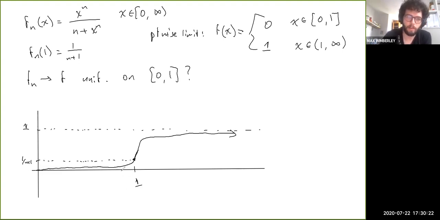But the fact that even at x equals 1, this value is approaching 0 means that, well, I guess it's not trivial to show that fn is an increasing function, but I think we should be able to say, so for x less than or equal to 1, let's see, how would we do this? So I think you could say, so fn of x